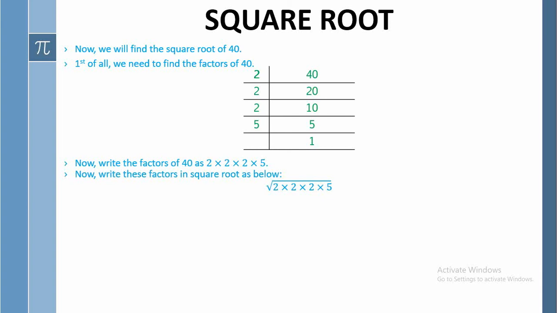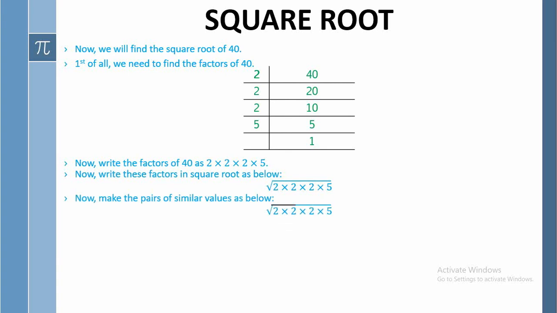Now you need to find the common pair of two values, and we can only make one pair of 2's because the third 2 doesn't have any other pair. हमारे पास तीसरा जो 2 मौजूद है उसके लिए पेयर बनाने के लिए कोई तीसरी चीज, कोई चौथा 2 मौजूद नहीं है. सो यहाँ पर हमारे पास सिर्फ एक ही पॉसिबल पेयर है 2 का, and it can be shown like this. We have only this pair of 2.